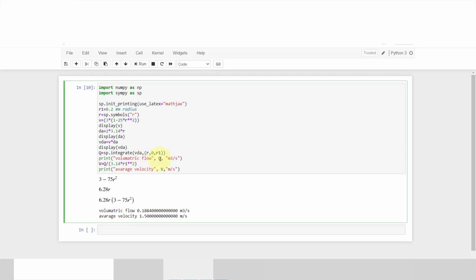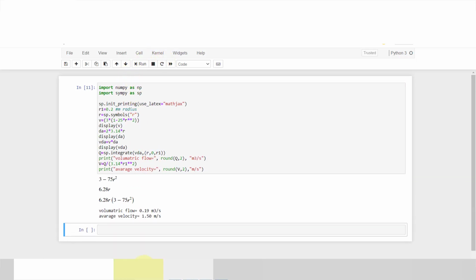Now we'll round it up to 2 digits, and also round this to 2 digits. So our volumetric flow is around 0.90 and our average velocity is 1.5.